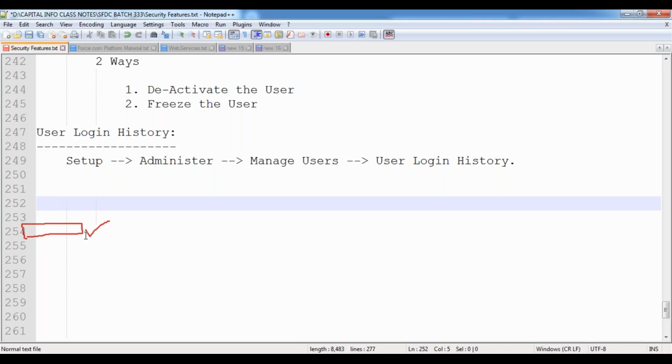Don't share your Salesforce account credentials with the proxy person, because whenever the proxy person logs into your Salesforce account, Salesforce will automatically track from which location the person is accessing this application. Administrators keep tracking this data: who is logging into the application, when they're logging in, and from which location. So don't share your credentials with any proxy person when working in real time.